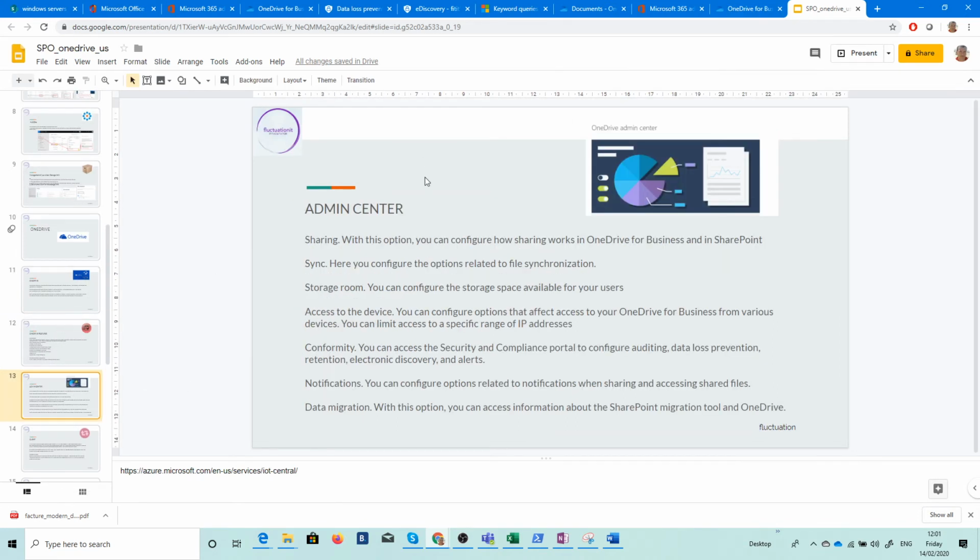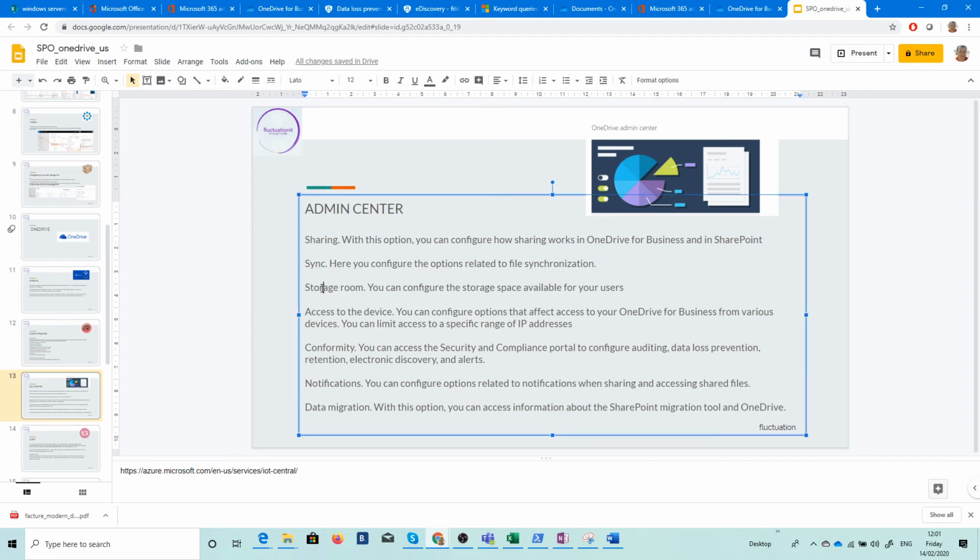Okay, so that's it now. In the Admin Center, you have sharing, sync, storage, access to device, compliance, notification, and data migration. In sharing, with this option, you can configure how sharing works in OneDrive for Business and SharePoint. Sync. Here you configure the options related to file synchronization. Storage. There is room here. You can configure the storage space for all users, or by SharePoint, you can also configure a space